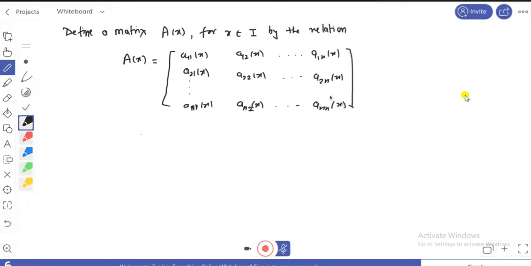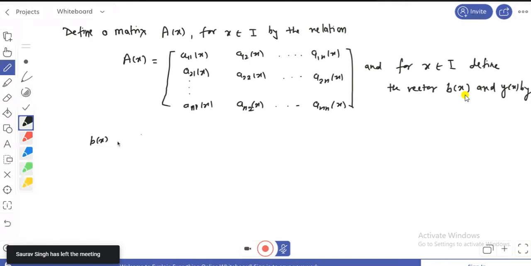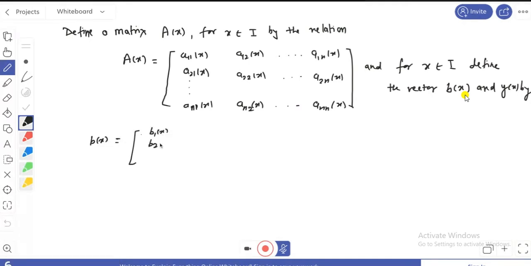Okay, so if we define this matrix and for x belongs to I, we define a vector, suppose b(x) and y(x), like this. If b(x) is the column vector whose components are b1, b2 up to bn, and what